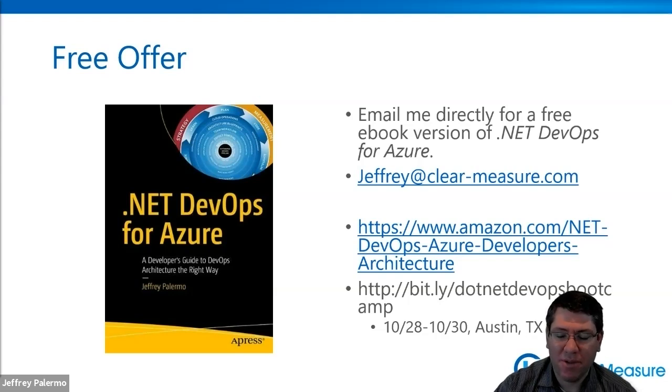Number 2, you need to understand the 7 stages of a DevOps pipeline, which is in the book. And then 3, launch your own .NET DevOps pipeline and use our free public project as a model. And again, you'll find it in the book, and I'm also highlighting it here. So if you do this, you will have a fully automated DevOps pipeline for your application using Azure for environments, and that will enable you to move faster and with higher quality.